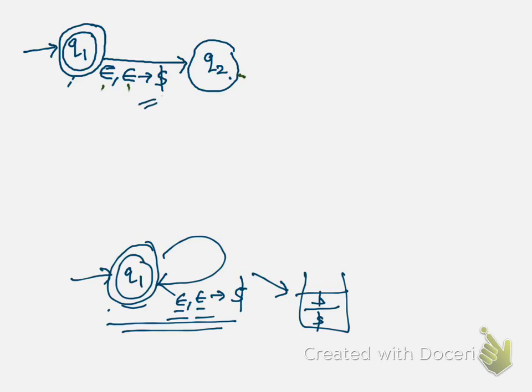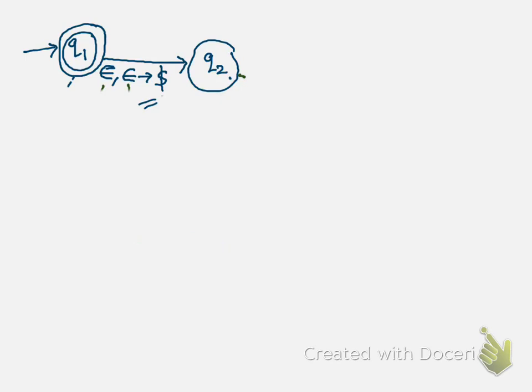So we change the state here. By the time of Q2, if you look at the input tape, let me just draw it here. If by this time you look at your input tape, you are still standing at the initial square, and if you look at your stack, it just has one element, dollar. Next, whenever we see an A on the input tape, we want to push it on our stack.